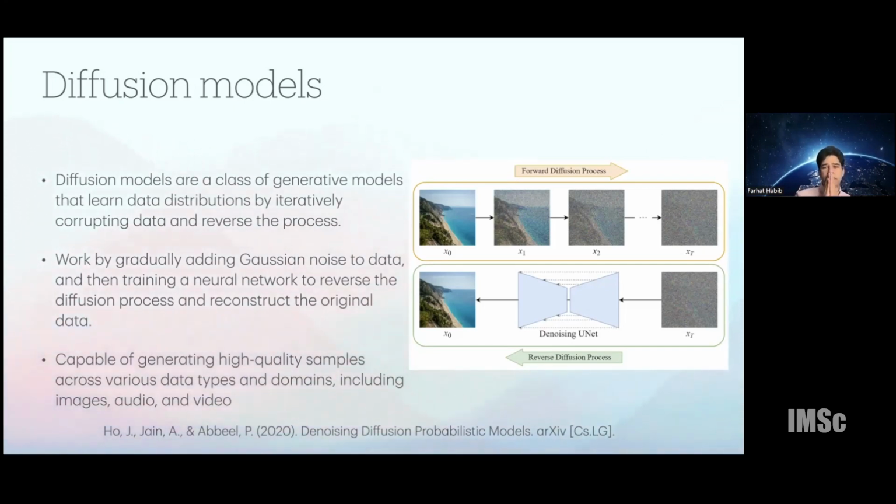You start with a clean image, you add some noise, you keep adding noise until you end up with an image that is indistinguishable from noise. Now, what you want to do is to learn how to reverse this process so that, given a noisy data set, you are able to recreate the original image. So you have the reverse diffusion process.